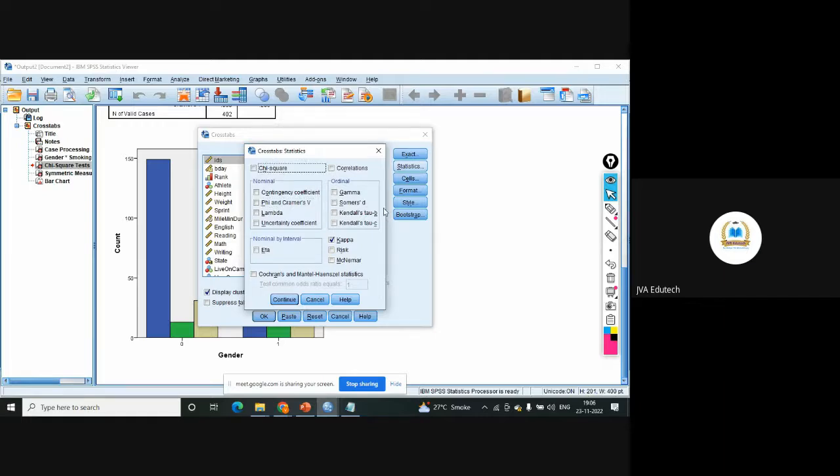See, if I am not selecting chi-square and only doing cross tabulation, I only have to select the contingency coefficient and the cross tabulation will be done. If I want to test the association with chi-square, or the strength and degree of the association, Phi and Cramer's V will do. But this also gives you a very meaningful insight: if you want to test the reliability